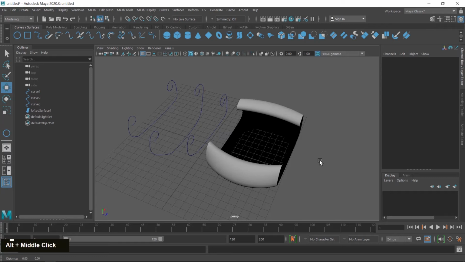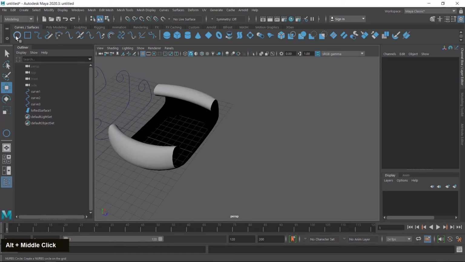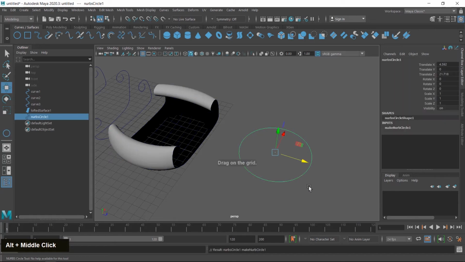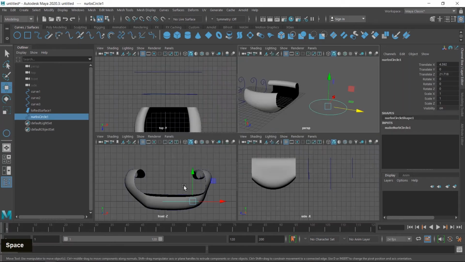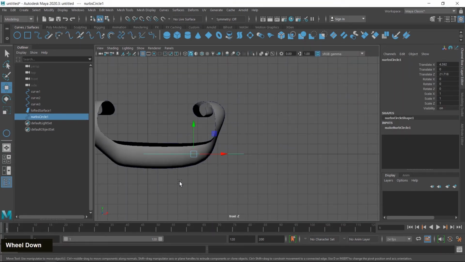Now I show you another example. This time I create a circle shape and then make a duplicate. I move it in this direction.